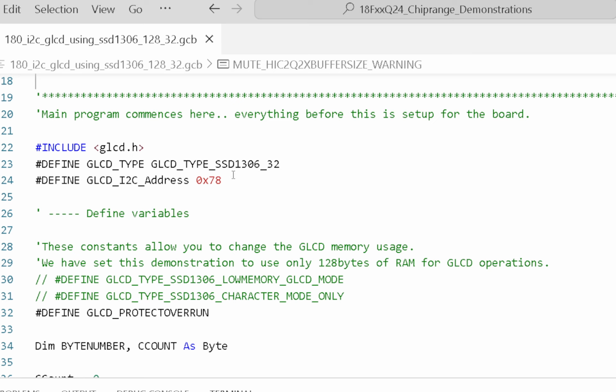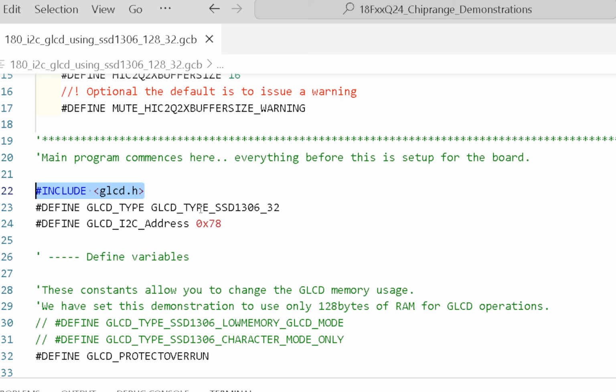So what we're going to do is we're going to program an SSD 1306 with 32 lines. And to do that, you include what's called the GLCD library. So that's an include statement. And that will include the file called glcd.h with the greater than or less than sign. And that will go and get that file, include it in your program, and it will then use this constant here,